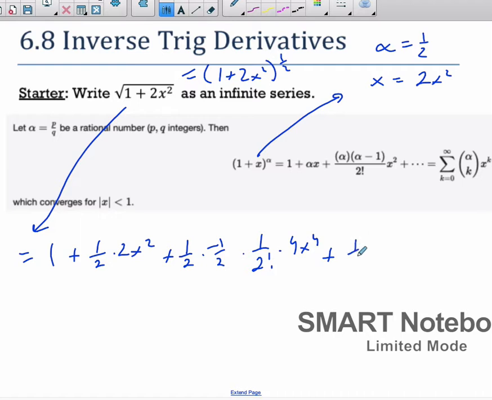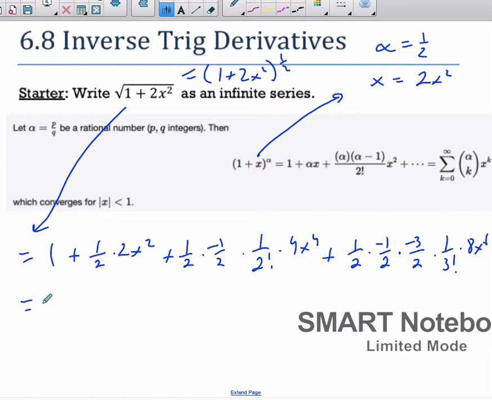Okay, so we have alpha times alpha minus 1 times alpha minus 2 times 1 over 3 factorial times 2x squared cubed, which is 8x to the power of